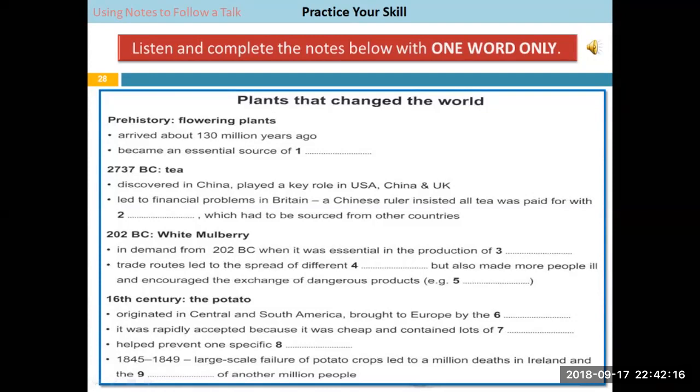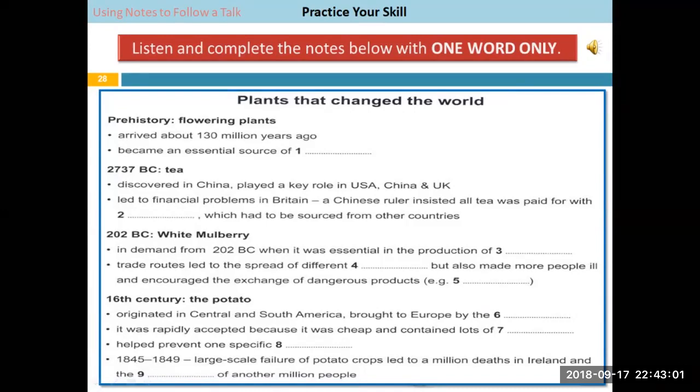A second influential plant emerged around 202 BC in the form of the white mulberry. It became extremely sought after, and it remained so until 220 AD, because white mulberries provide food for the worm that creates silk. This luxurious material was responsible for establishing extremely valuable trade routes. And it was along these same routes that different religions made their way around the world. But unfortunately, they also caused the spread of previously unknown diseases, as well as weapons of war such as gunpowder.